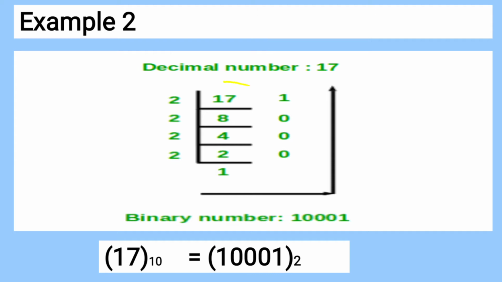And since it is an odd number, we know that an odd number will end up giving you the remainder 1, and if it was an even number, you would have got the remainder as 0. So let us start with the example.